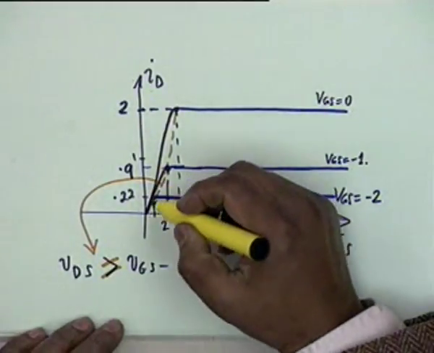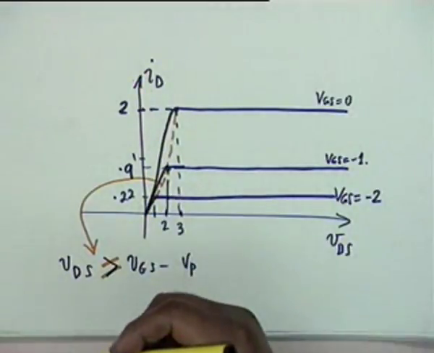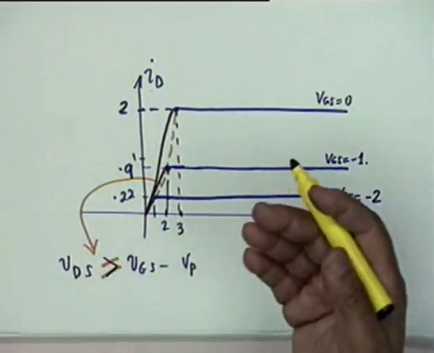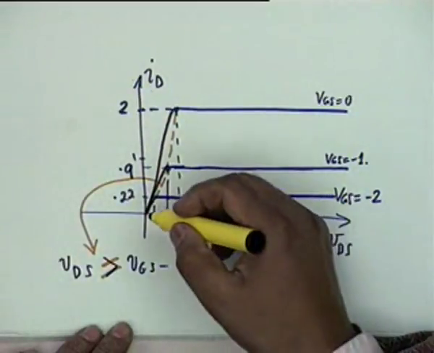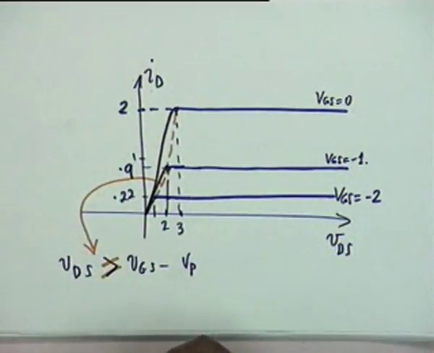So it would be rounded off, but this region is so small, and since we are not operating in this region either, we will operate only in the saturation region that is beyond this red curve, and therefore this part is of least interest to us. We can approximate it by a straight line or a freehand line, okay, that is good enough.